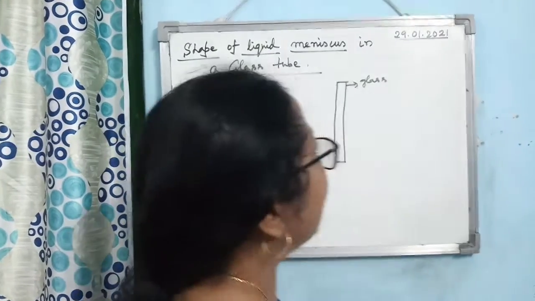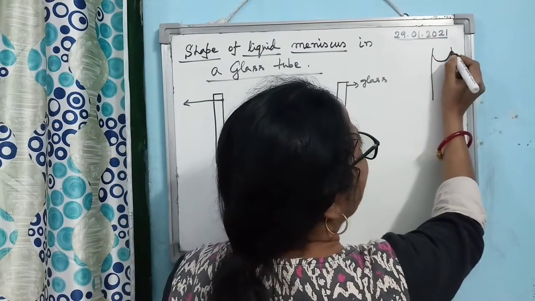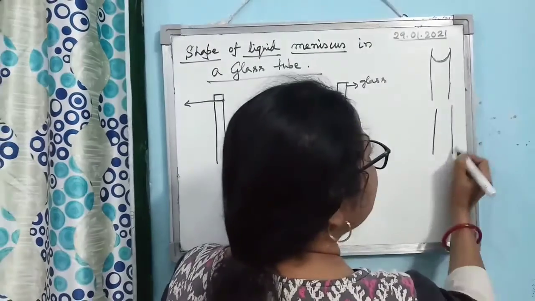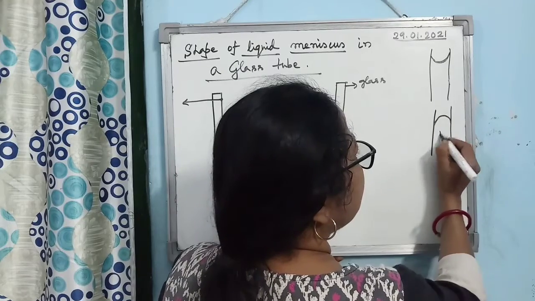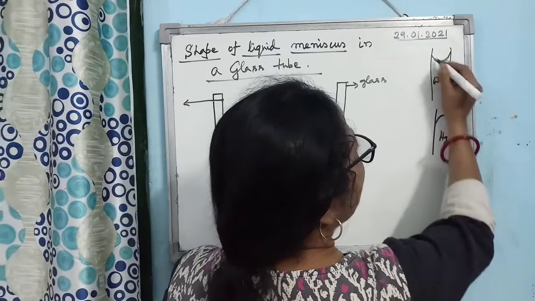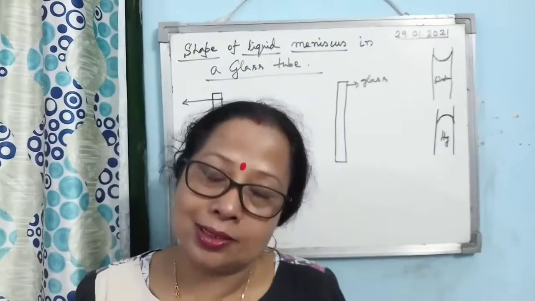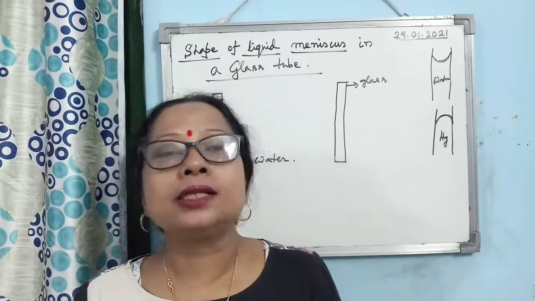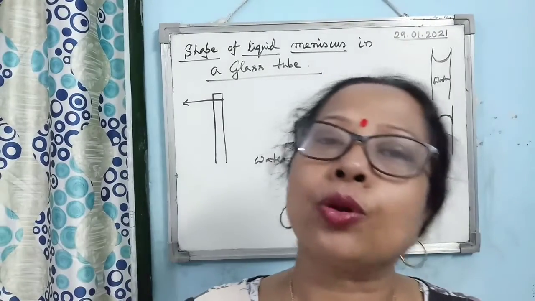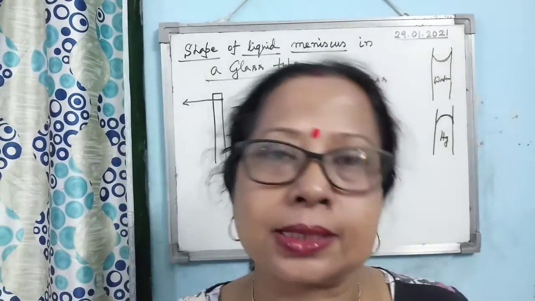You know that water in a glass tube always has its upper surface taking a concave shape, isn't it? But if you take mercury in glass, you will see that mercury takes a convex-upward shape. Here it is concave upward, and in the case of mercury it is convex upward. Why is it so? Nothing but due to the relative magnitude of the adhesive and cohesive forces in these two cases. Alright, so one by one I am discussing it.